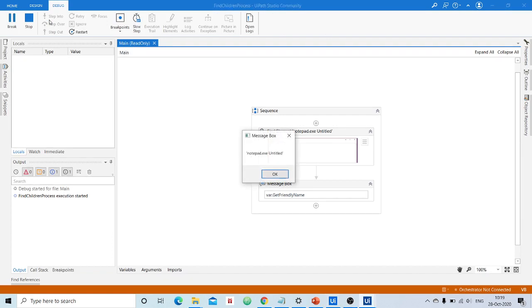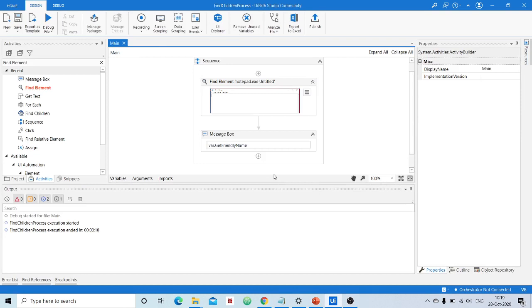Now it is running. Can you see here? This is the friendly name of that UI element that we are trying to find. Clear? Obviously we already saw in the previous video, if that target UI element is not present, it will wait for some seconds. Then after that it will return a false result or nothing as a result. Clear? Even I have explained how to change the timings. If you don't want to wait for the default seconds, you can change that to the desired value. I demonstrated that in the previous video.